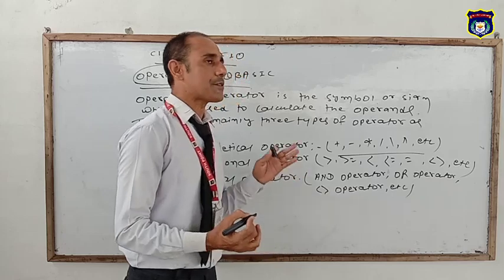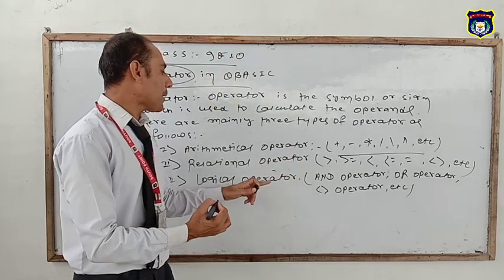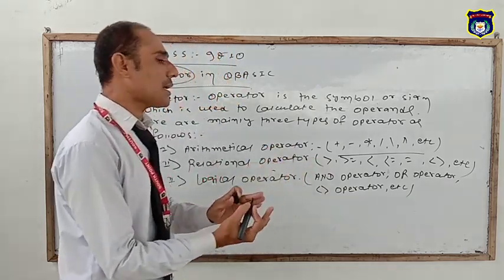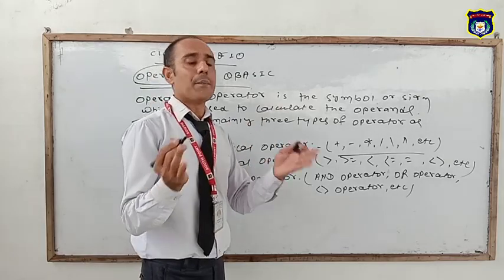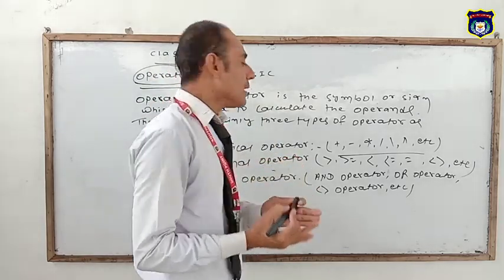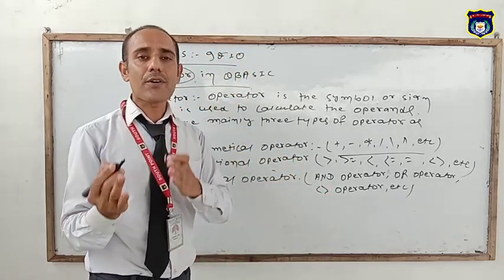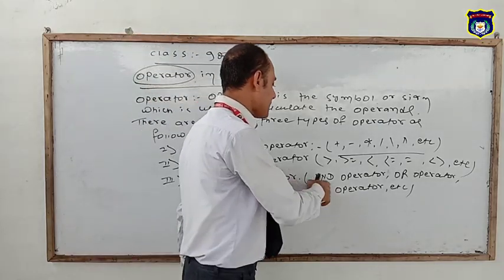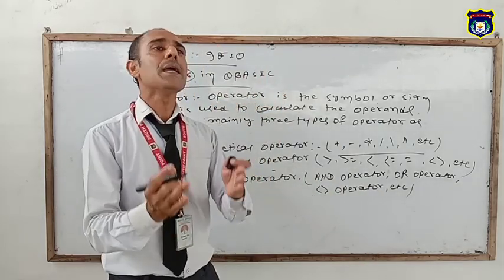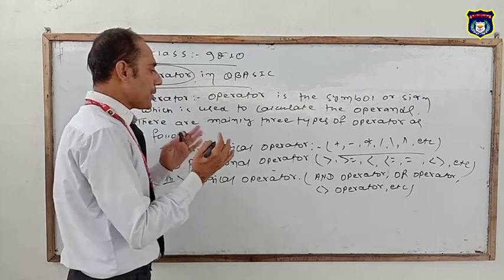Okay, these three operators are examples of logical operators. What does the AND operator mean? Like the comparison operators, these are used to compare multiple conditions. Okay, 2 conditions, 3 conditions, 4 conditions, 5 conditions. These operators are used for checking multiple conditions. Simple, for example,